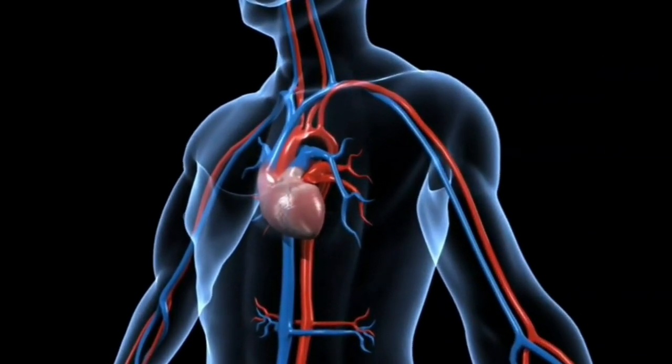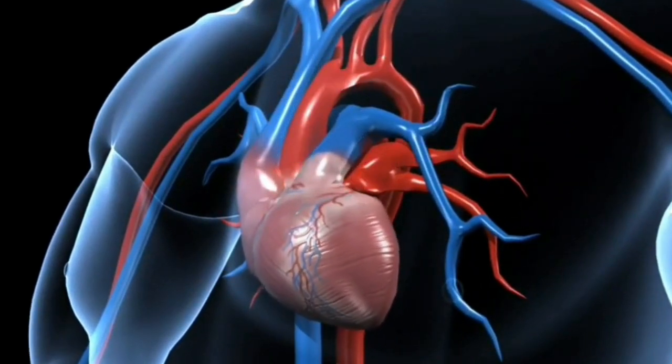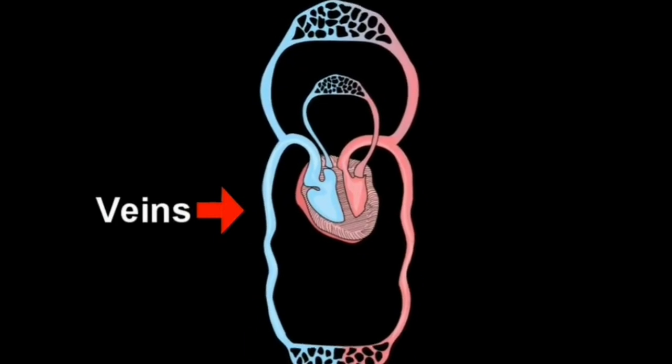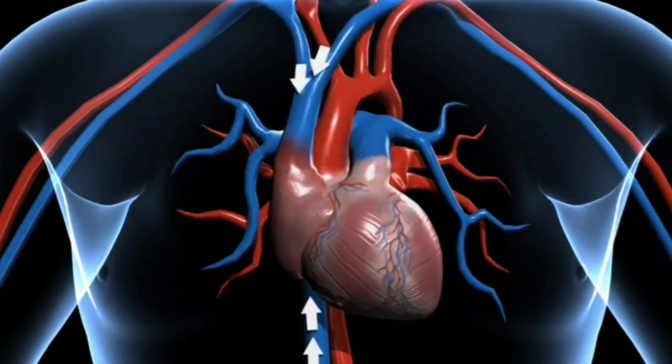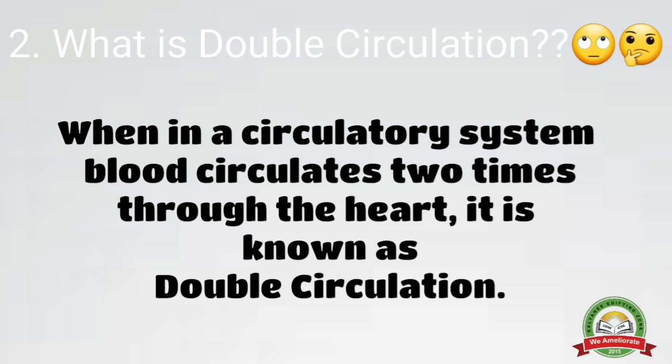Look, blood passes through the human heart two times, that is why it is called double circulation. Once the oxygenated blood passes from the lungs to the heart and to the body, and again after getting utilized in the body, the deoxygenated blood, bluish colored blood, comes back to the heart and again returns to the lungs. So the red colored oxygenated blood and the blue colored deoxygenated blood pass twice, therefore the human circulatory system is also called double circulation, and the circulation through the heart is double circulation. Okay, it passes two times, once oxygenated blood, once deoxygenated blood. So that is called double circulation.